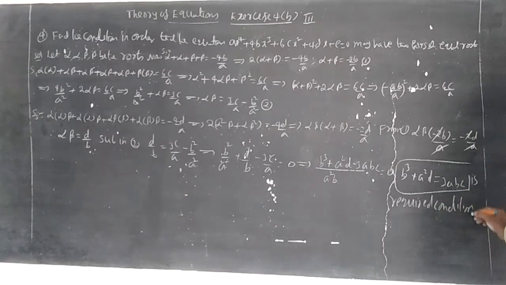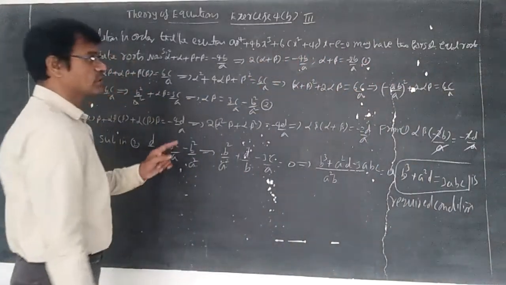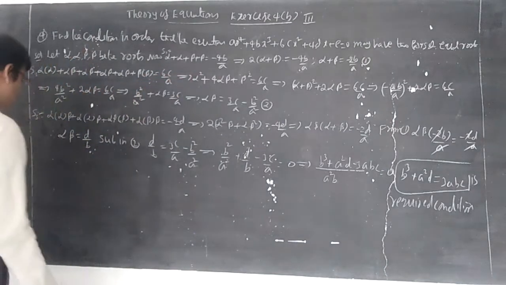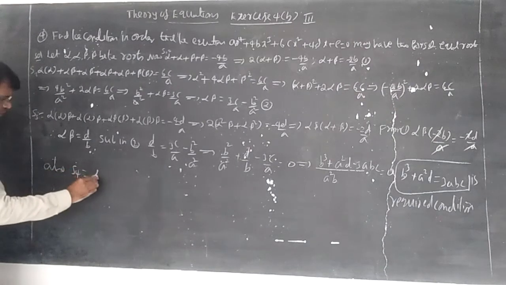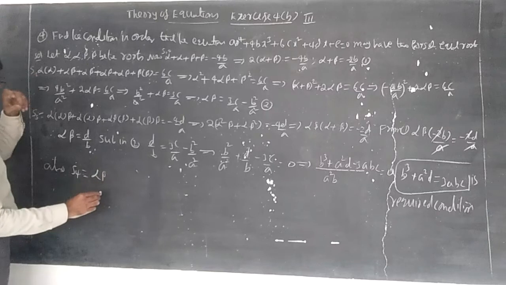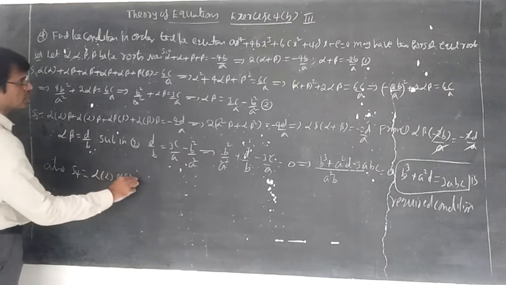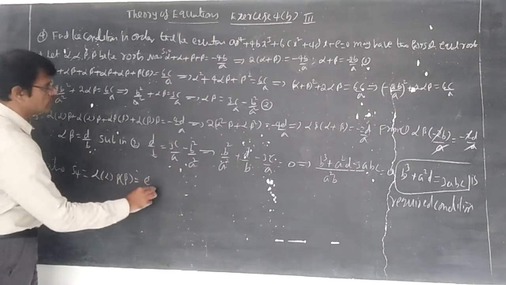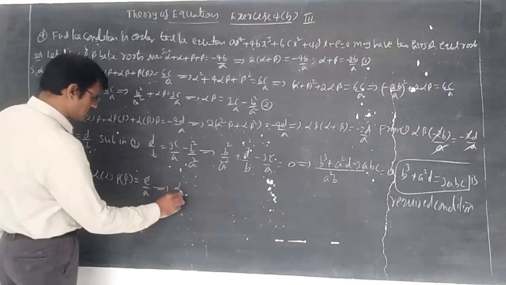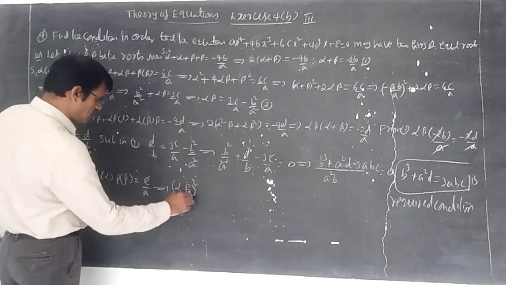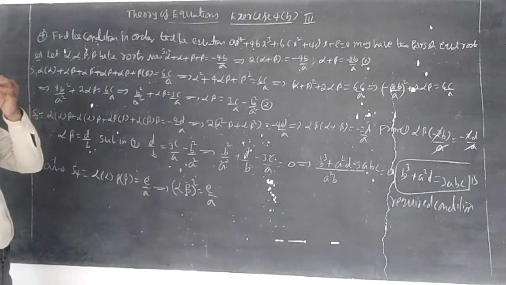So that is the required condition if the given equation has two pairs of equal roots. Students, we did not use the product of roots. Not only this one, I am also writing S4. So S4 we can write as alpha, beta, gamma, delta. So alpha into beta is equal to, at last, it is E by A. So minus plus minus plus. That implies alpha square beta square is equal to E by A. We can understand here alpha beta whole square equal to E by A. Somewhere we got the value of alpha beta.